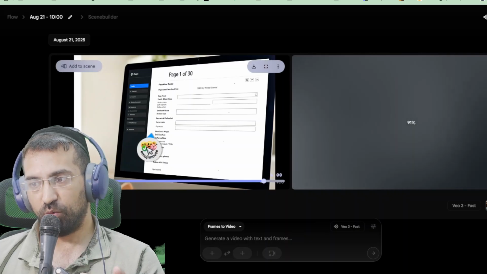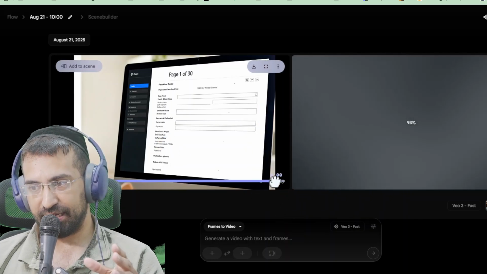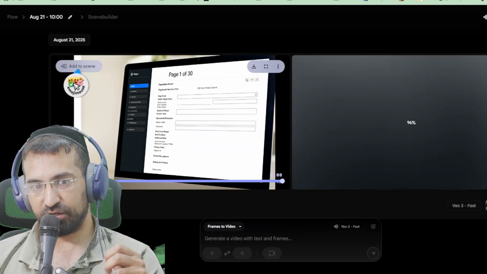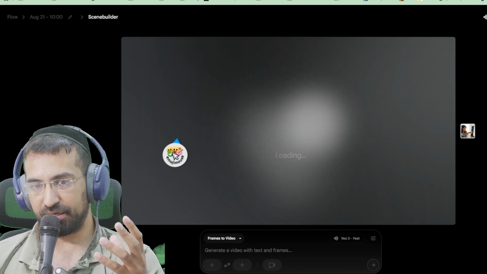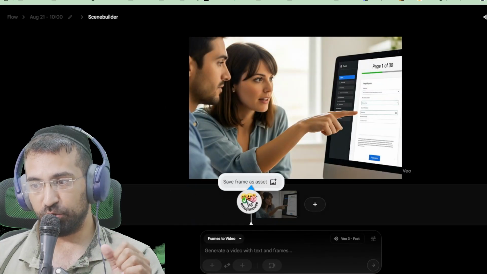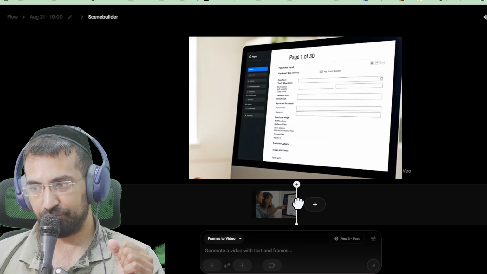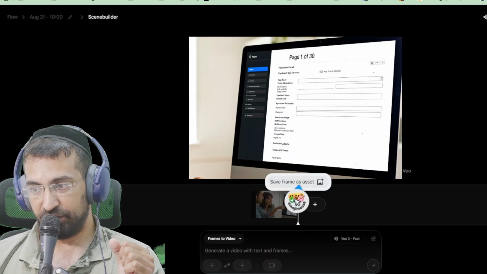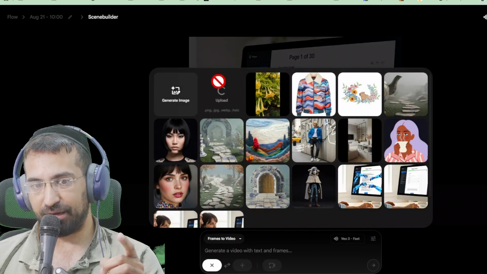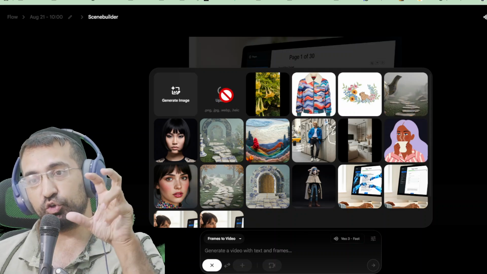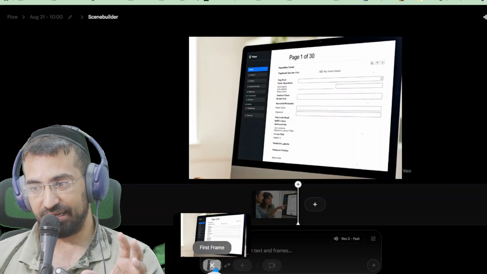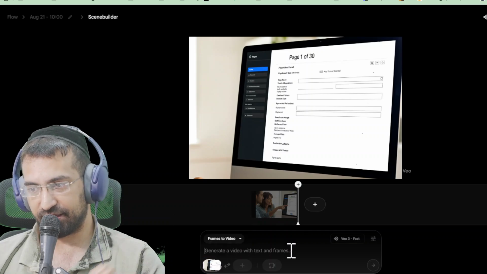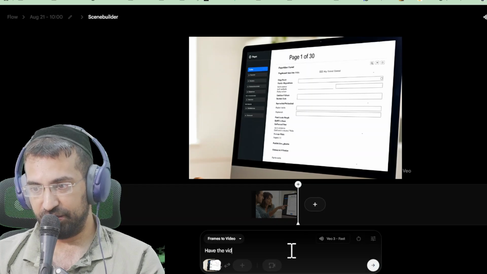Okay, great. Now, what we're going to do is extend this video. The way to do that is you go to add to scene, you click on add to scene, and then it creates a scene for you, and you can switch to scene builder by clicking the button on the top right of the screen, which pops up. And then what you do is you simply go to the last frame, and you click on the plus button, save frame as asset. Now it's about to create that last frame as a new asset, which means once you have that image, which is the last image, you add it to the beginning here, to the first frame, which it automatically adds there. And then you could have the video, have the form on the laptop